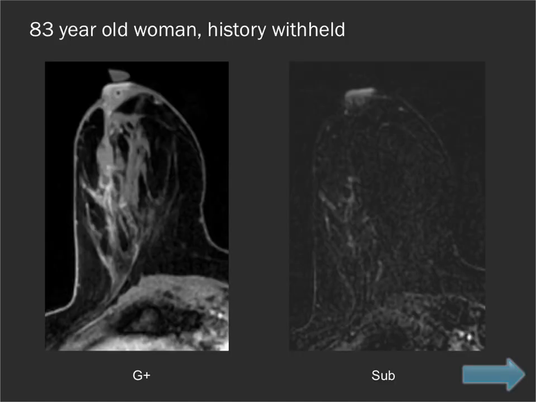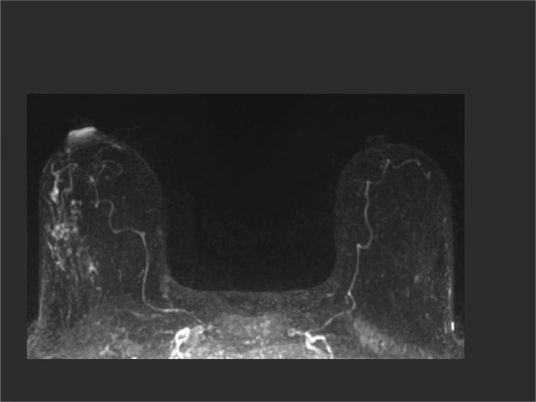Now this is an older lady, just withholding her history for a minute, and we see here in her right breast, what really draws our eyes is linear enhancement, clump linear enhancement sitting right here, has a sort of branching ductal type pattern. And then if we zoom out so we can see her other breast, I think the MIP images again are really helpful here, so the asymmetry in the enhancement between the two is